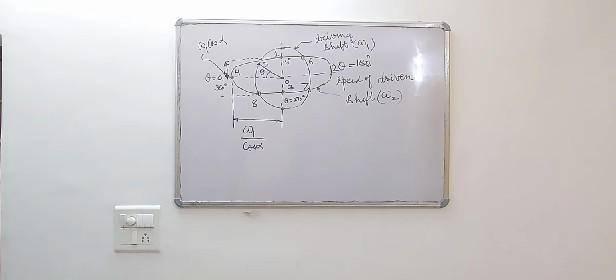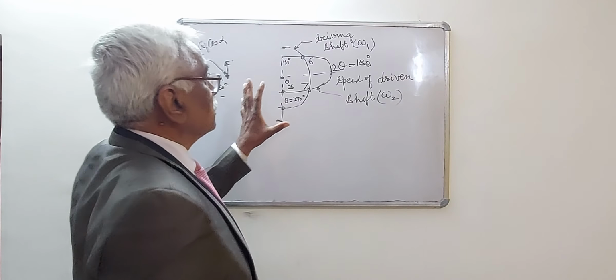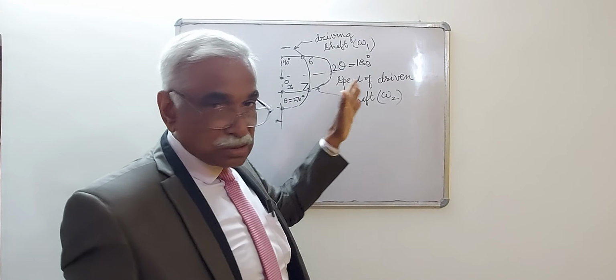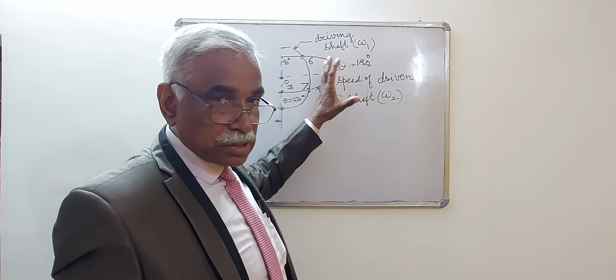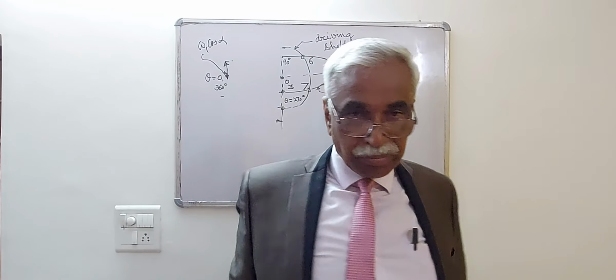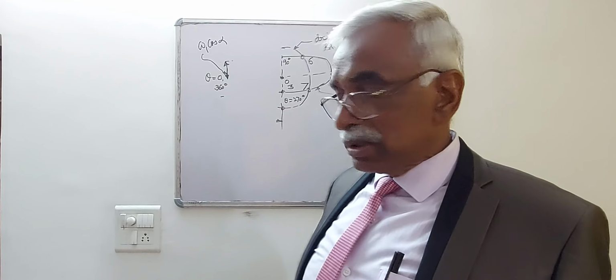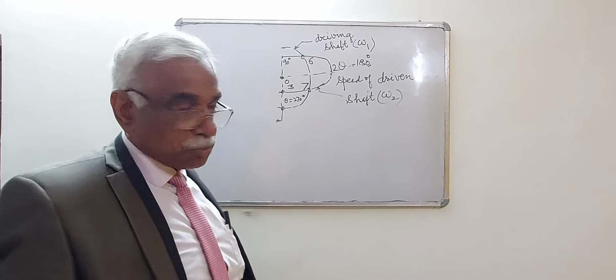Now, I think it is clear, and there will be a practical class in the next semester based on this expression. There is an equipment with us in the lab which is known as Hooke's joint equipment or universal joint, and you will be asked to perform an experiment depending upon this formula. And you will also be asked to draw the polar diagram.